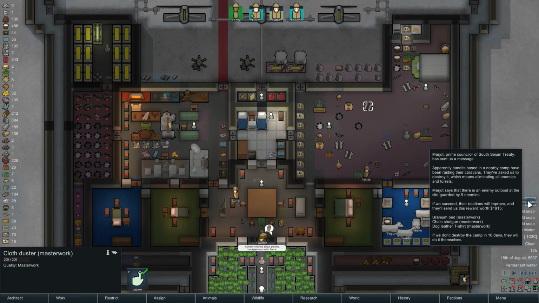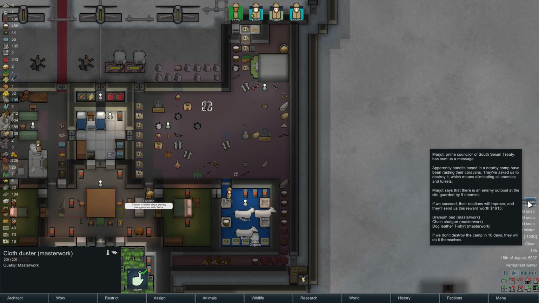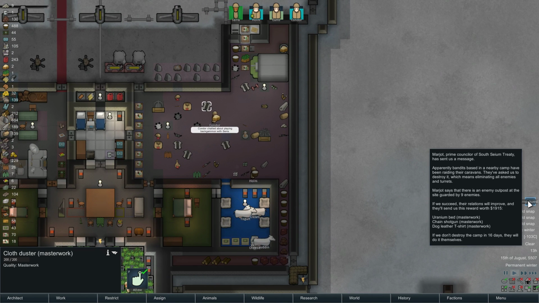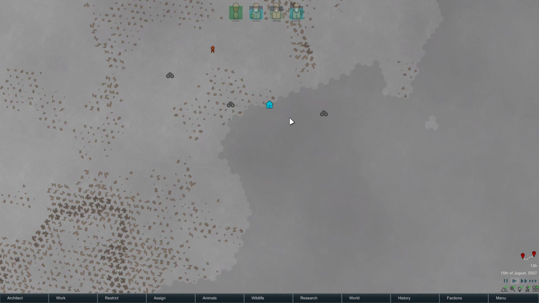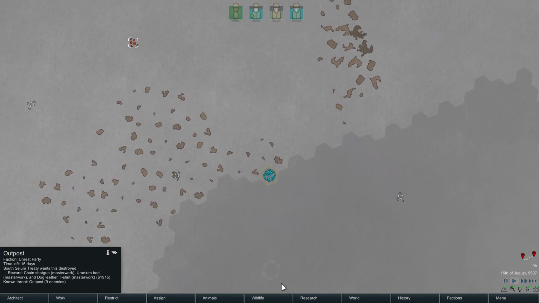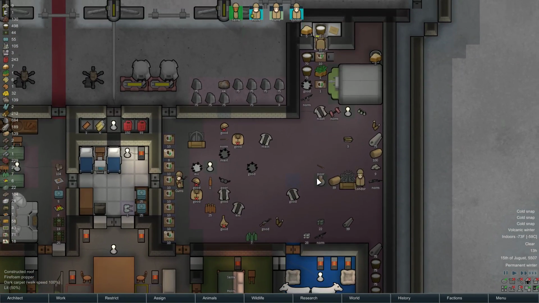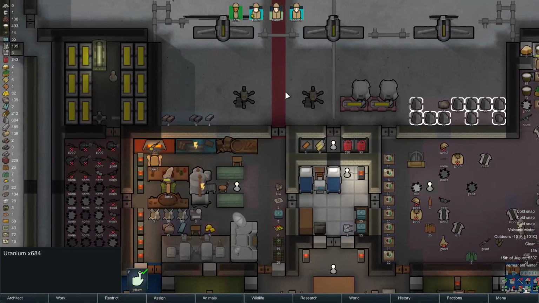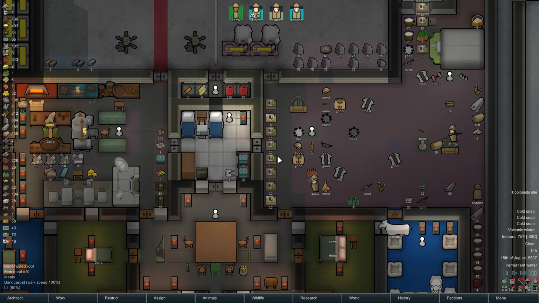Bandit Camp Quest. Uranium Bed. That's super, super weird. Chain Shotgun. Masterwork Dog Leather T-shirt. 9 enemies. Yeah, that's out of my way for a lot of junk. Uranium is actually the only thing I really have in abundance at the moment, so...